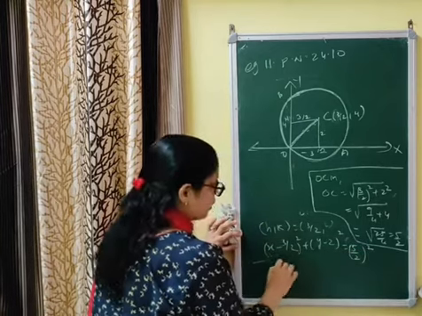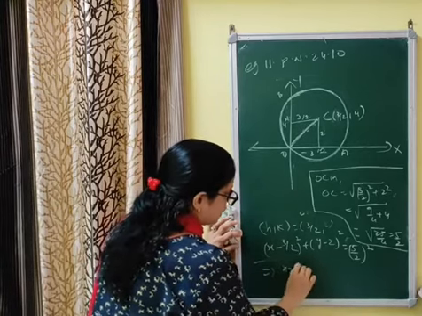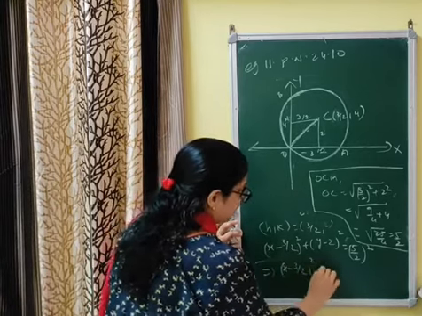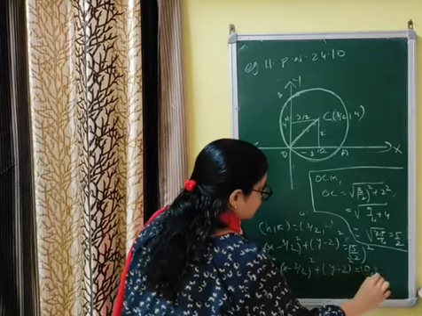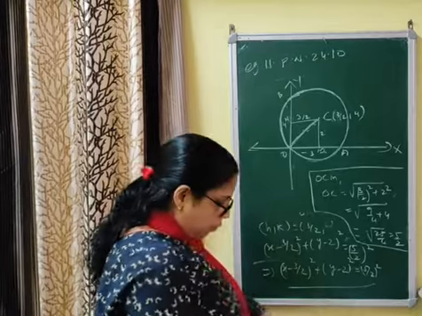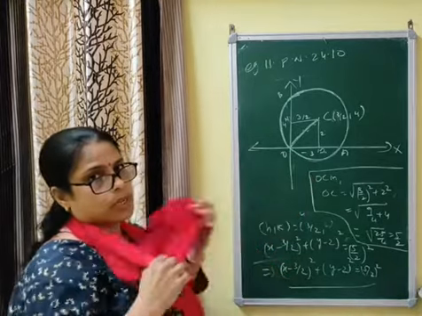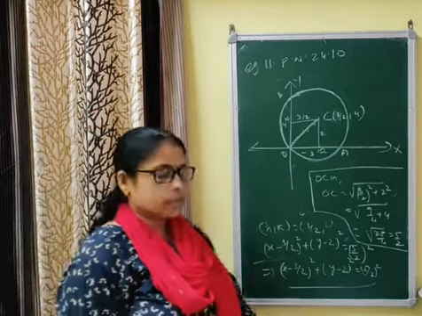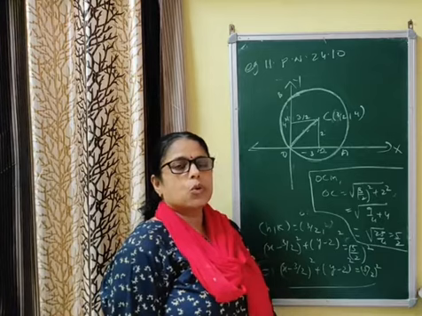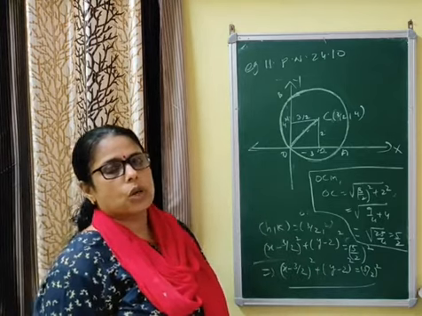Now if you can solve it, I am not going to solve it. The required equation of the circle is x minus 3 by 2 whole square plus y minus 2 whole square equal to 5 by 2 square. Now there are a number of questions, and whatever questions I am leaving here, you have to do by yourself because I can't complete each and every question. And in this chapter, it is better to do the unsolved exercise questions also because it is not so difficult.